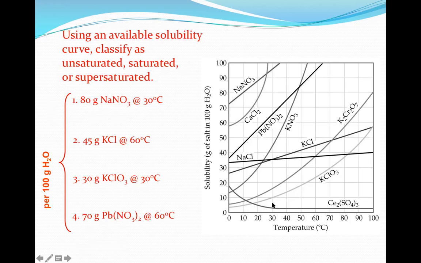So 30 degrees Celsius, go up, find 80 grams. Now, in relation to that line, is that point above, on, or below that line? Okay, so this is below the line. That means it's going to be unsaturated,